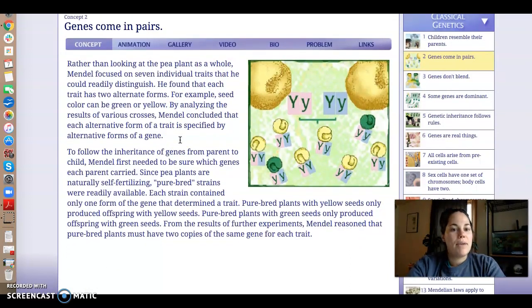and rather than looking at the pea plant as a whole, Mendel focused on 7 individual traits that he could readily distinguish. He found that each trait has 2 alternate forms. For example, seed color can be green or yellow. By analyzing the results of various crosses, Mendel concluded that each alternative form of the trait is specified by alternative forms of a gene. So if I pause here and just think about this,